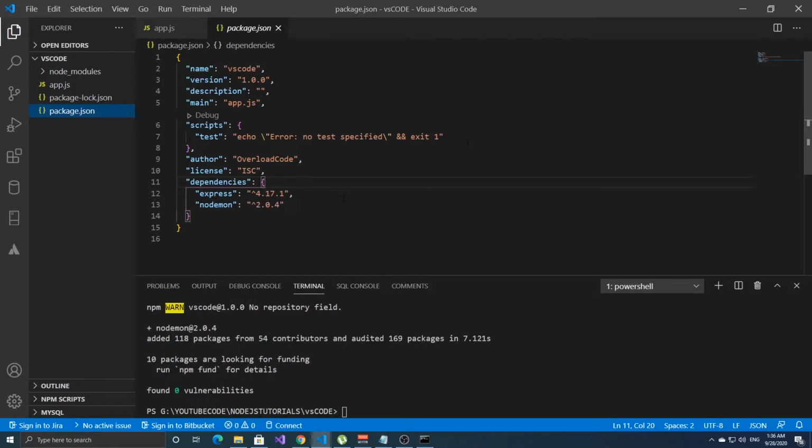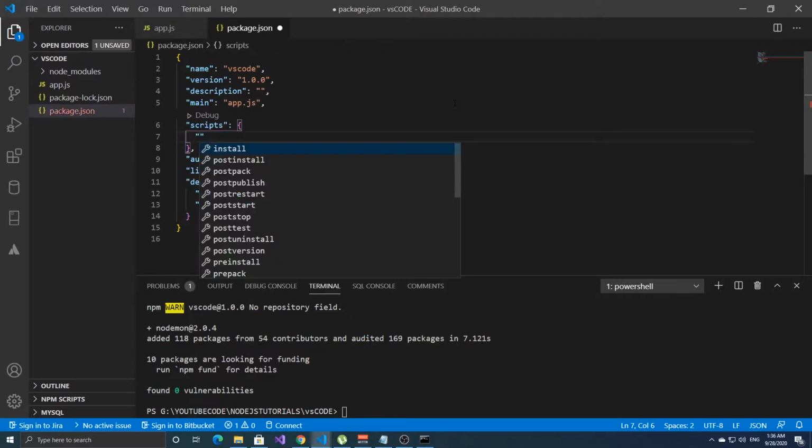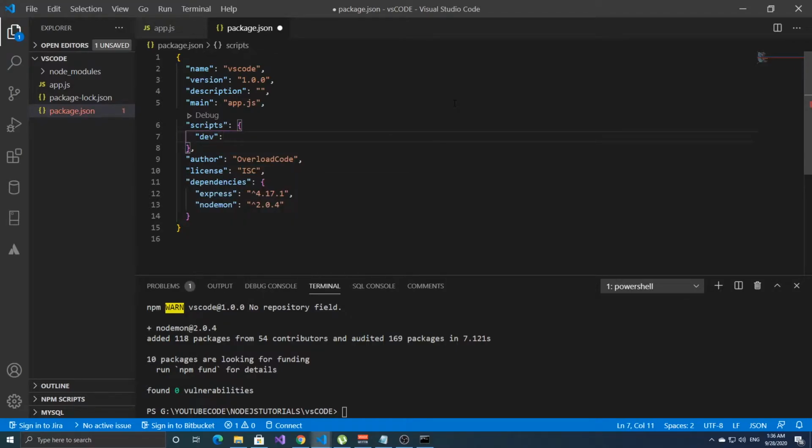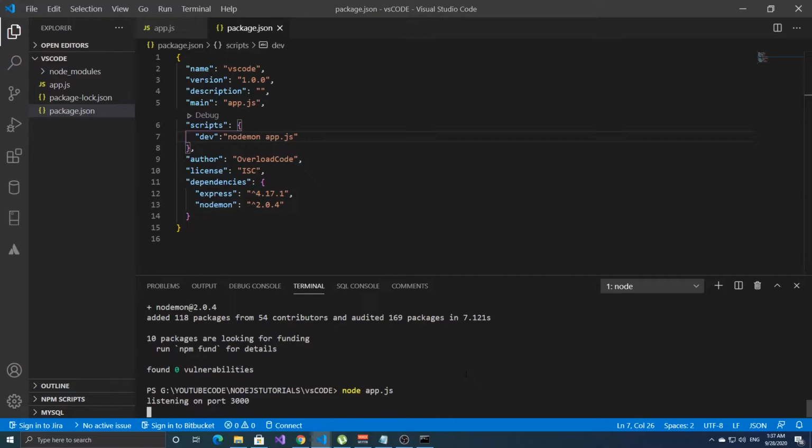To set it, we will delete this and we'll say dev, nodemon app.js. Now if we want to run the code, we can run it with node app.js like we did before, or we can use npm run dev. Dev is the name here,